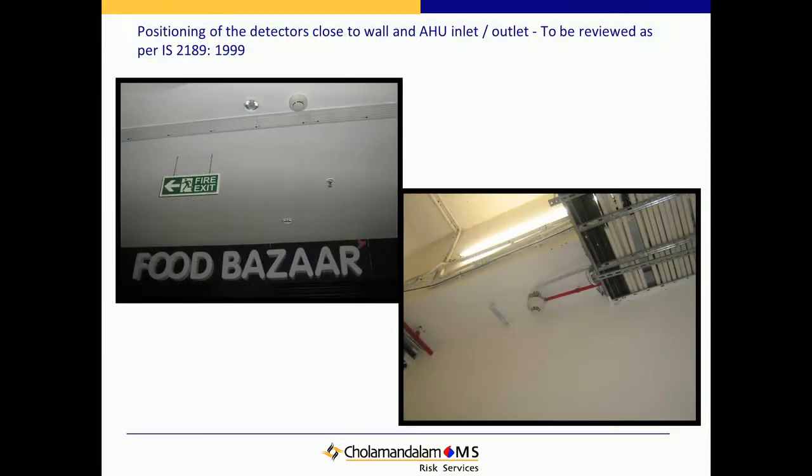See this portion of the detectors. You can just see that detectors were there, but those detectors were very close to the AHU line, so when the air is falling on it, it's very close to that detector. It will not allow it to sense. Only that cool air will be coming. So as per NBC code, you need to place it 1 meter away from that. Even if it's there, are they adequate? Are they correctly maintained? That's another important point. Maybe they have put them as per requirement, but where it is placed, how it is maintained, whether it's working, whether it's connected to the alarm panel, those are things that you need to look into.